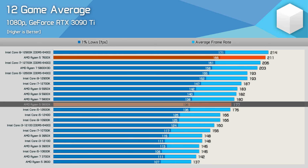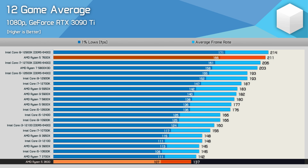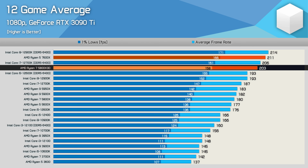Then when compared to the Ryzen 5 5600X, which is still an exceptionally good gaming CPU, the 7600X was on average 19% faster, which is an incredible generation-on-generation uplift. Then for those of you still rocking a Ryzen 5 3600 and have been hanging out for an upgrade, the 54% uplift on average offered by the 7600X will be hard to refuse, even if you do have to upgrade your memory and motherboard. That said, the 5800X3D might be an easier and more cost-effective option of achieving that